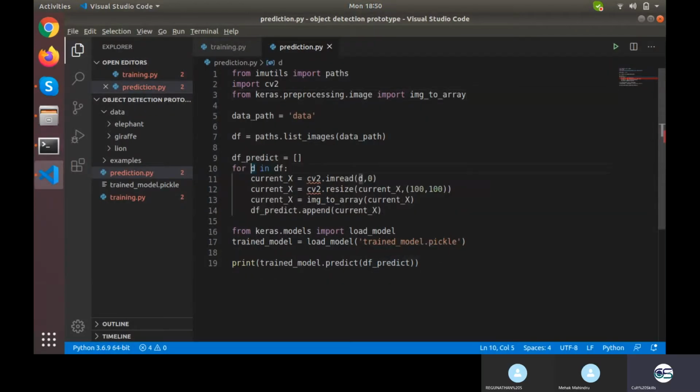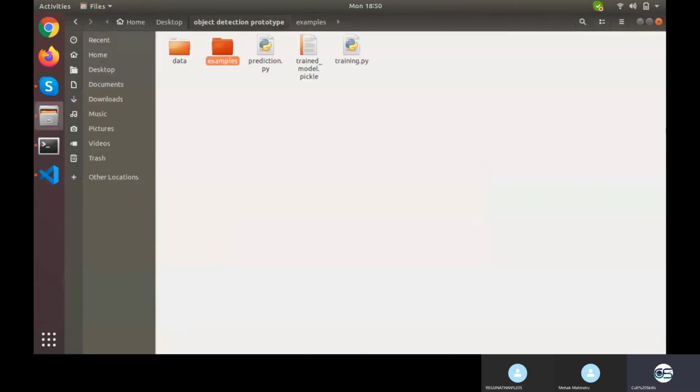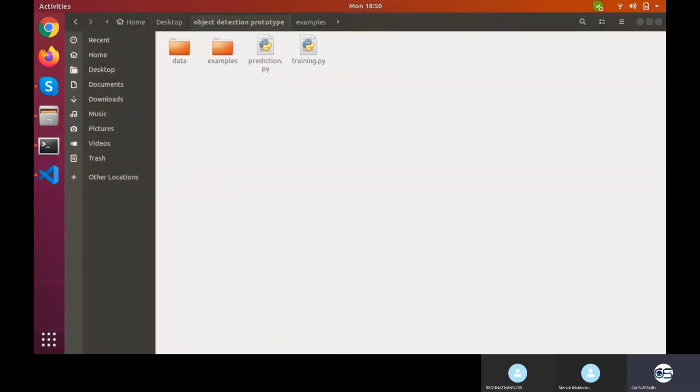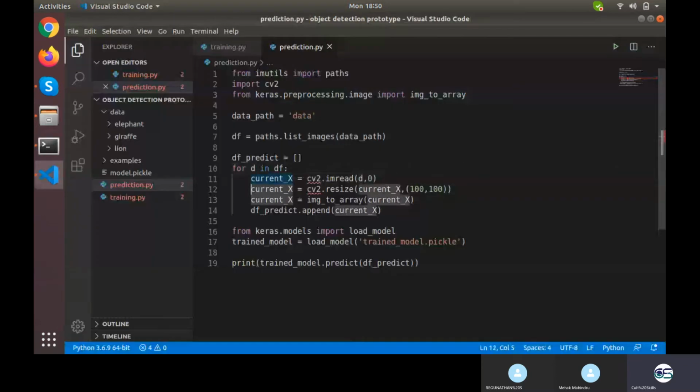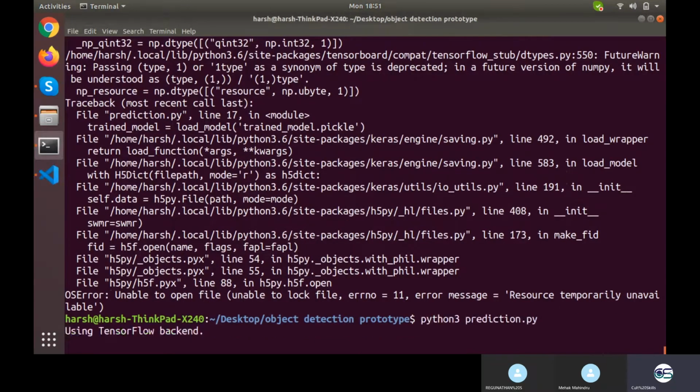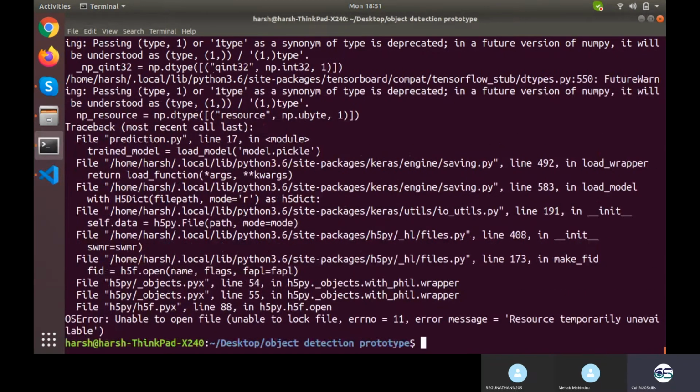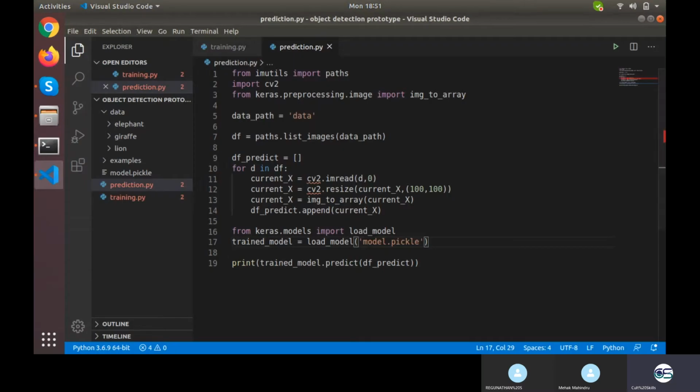Okay. There's something wrong with the file going on actually. Don't know what it is, but